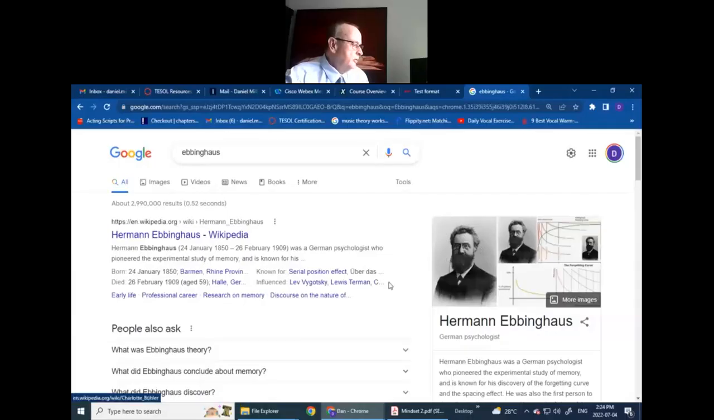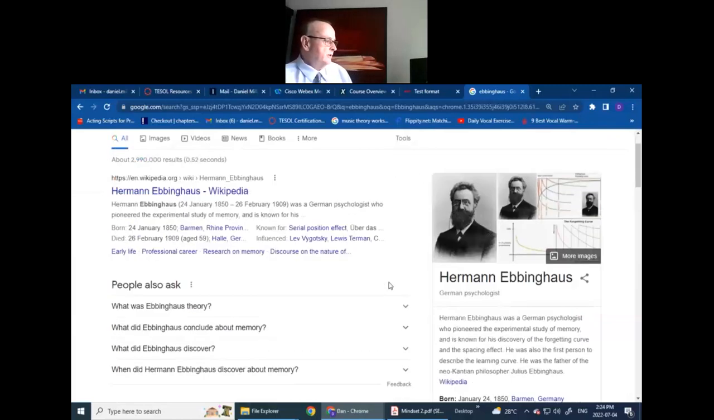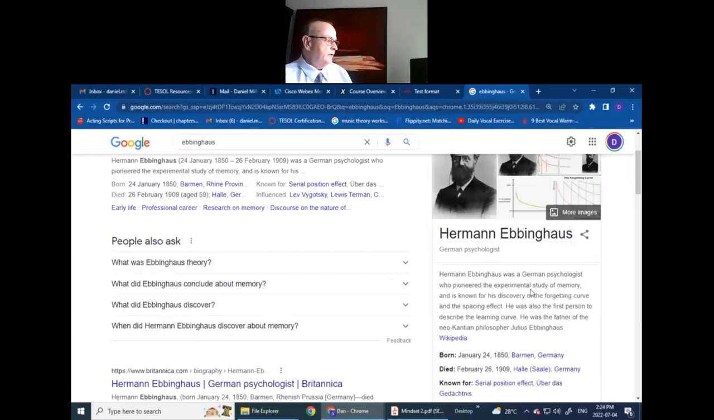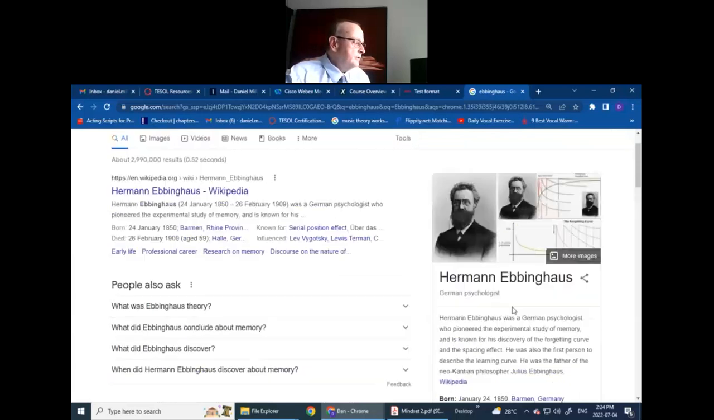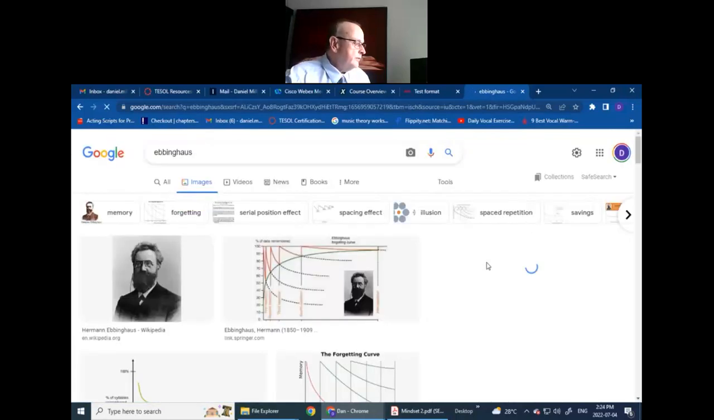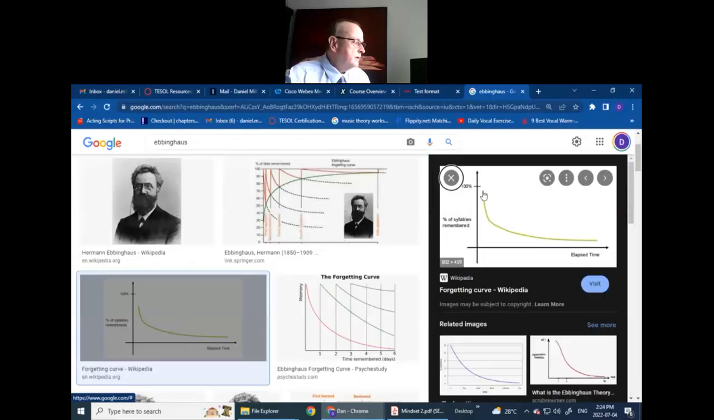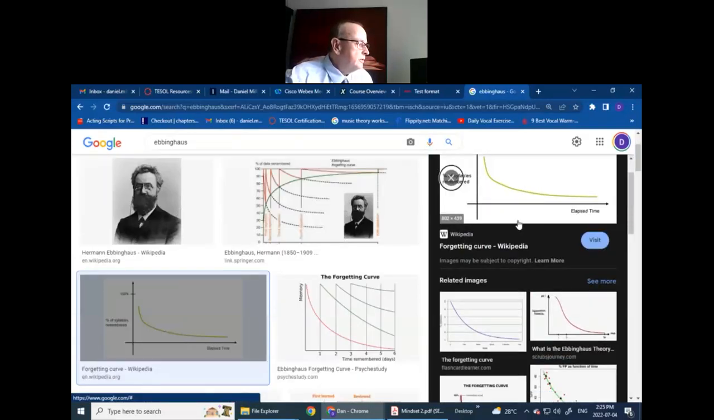So, as Cindy mentioned, it is a curve, the Ebbinghaus forgetting curve. Hermann Ebbinghaus was a German psychologist who pioneered the experimental study of memory and is known for his discovery of the forgetting curve and the spacing effect. He was also the first person to describe the learning curve. He was the father of neo-Cartesian philosopher Julius Ebbinghaus. So the Ebbinghaus forgetting curve is this,